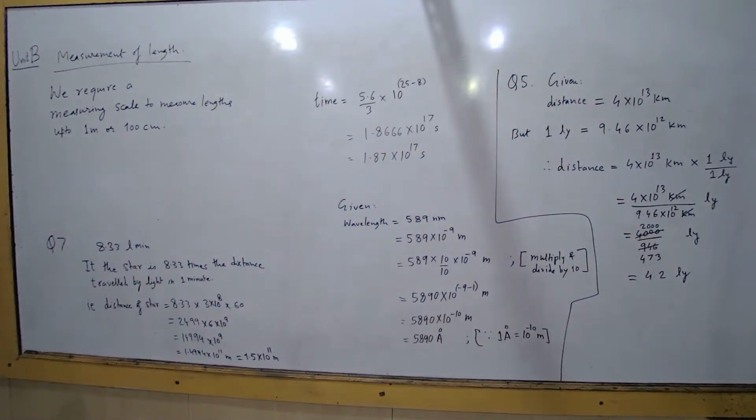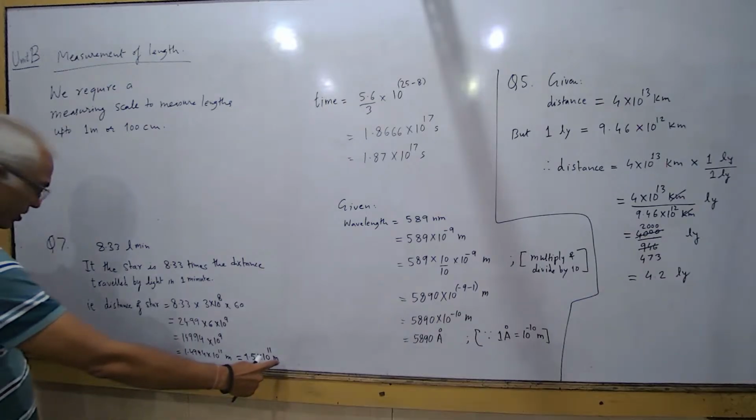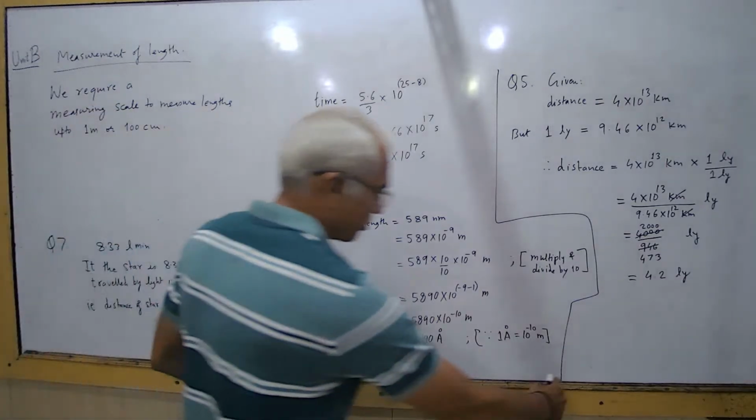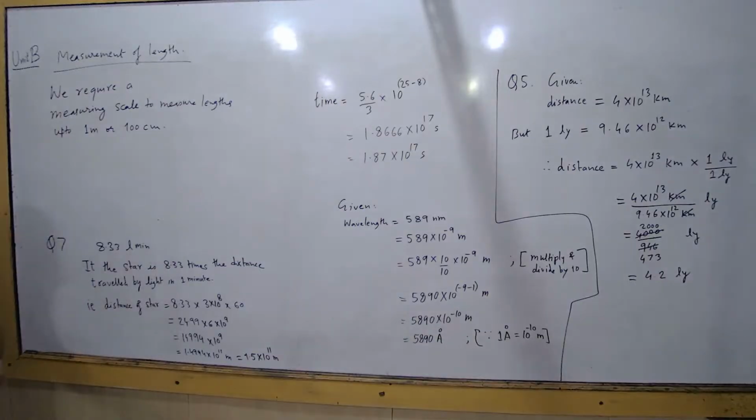ठीक है, and then take the repetition. Let's say I want you to measure the length of this board. You'll take a meter scale and then repeat it, so probably 2.5 meters, right? If I give you the measuring scale, you'll be able to measure the length and breadth of the board. Now if I ask you to measure the thickness of this paper using your scale, will you be able to measure it? Not possible, right? Micrometer or vernier calipers, let us say for a thin sheet, metal sheet, microns.